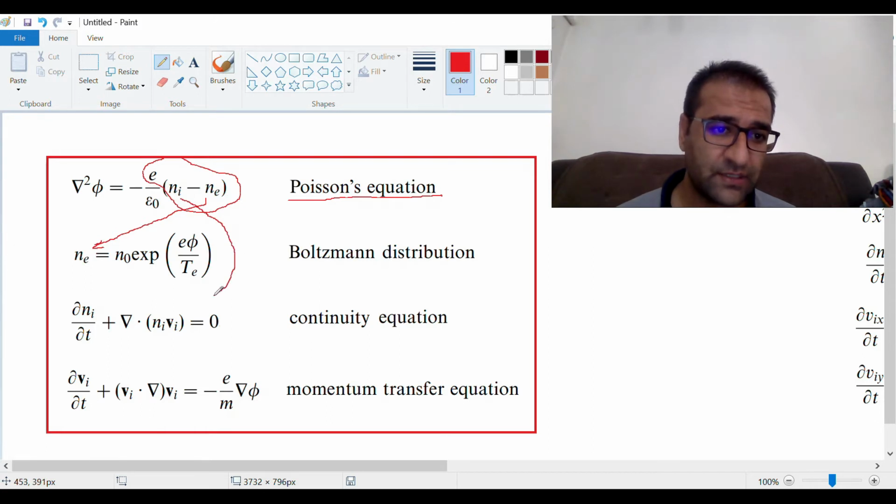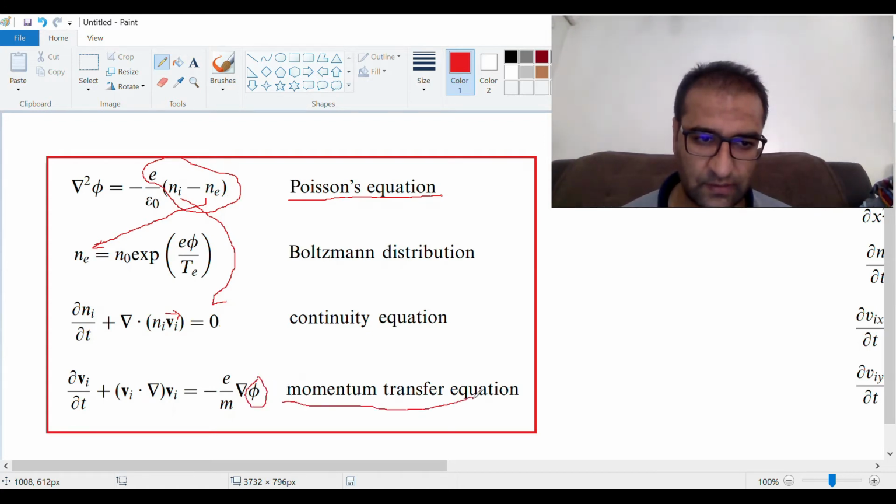And if we assume that the density of ions can be derived from this continuity equation, right, and the continuity equation is indeed connected to the velocity of the ions in different directions, because this is a vector here, a vector velocity. And moreover, the velocity of the ions is also connected to the potential through the momentum transfer equation. This one, as you see here,